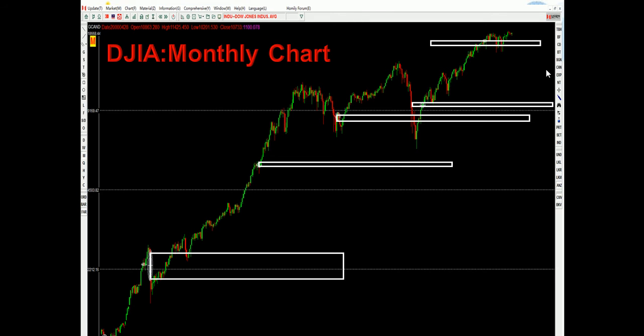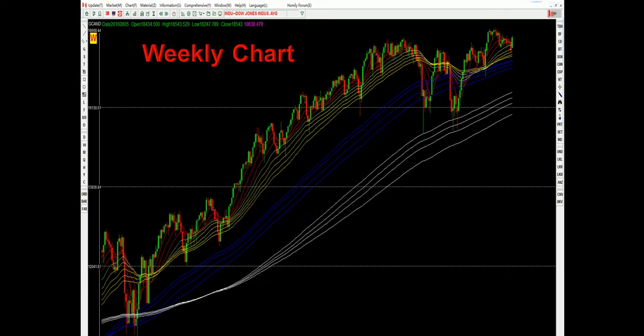We can see the monthly chart. The Dow Jones Index is still in the uptrend, right? Because of the higher high and the higher low. So this is still the uptrend. So let's see the weekly chart. On the weekly chart, I use Homely Rainbow because Homely Rainbow can help us to judge the long-term trend, short-term trend, and the medium-term trend. We want to know whether the trend is good or not.